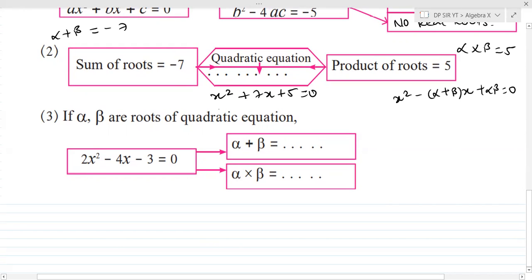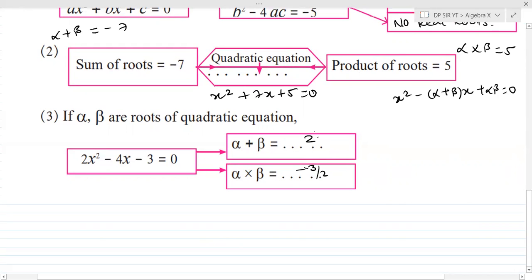Okay. And the last sub question of main question 1, that is, the quadratic equation is so and so. So you need to find alpha plus beta and alpha into beta. So here it's going to be 2, and here it's going to be minus 3 upon 2. Okay, since it's minus c by.